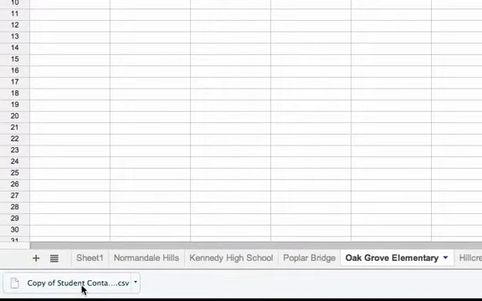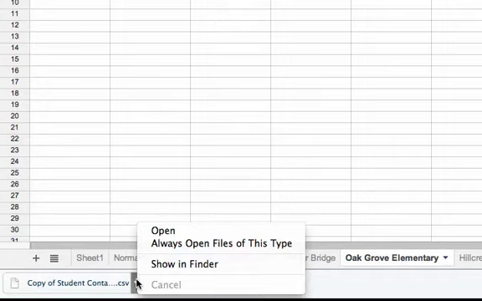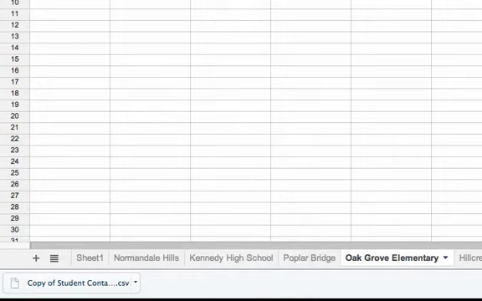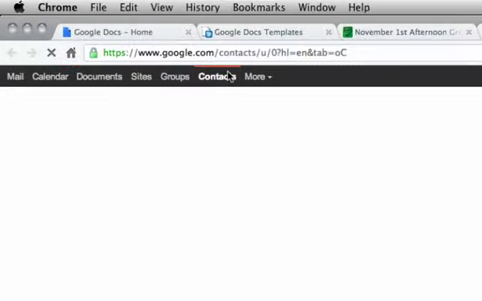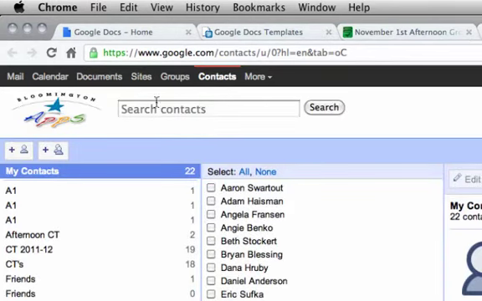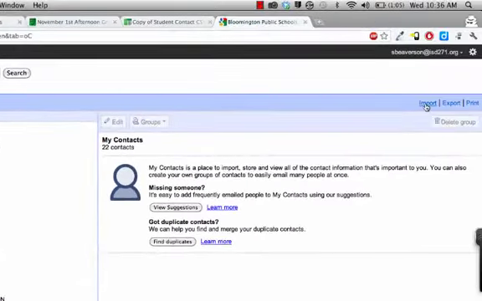It's going to save it. Yours may save and downloads wherever you can go and find it. And then after you've done that for each of your sheets, you'll move on to the next step. The next step is to go to your contact list, which is located up on the top black bar, the navigation bar. And in the contact list, you don't have to do anything except for click Import over on the